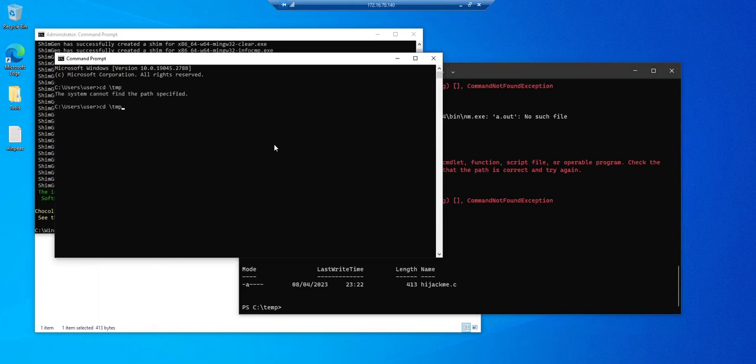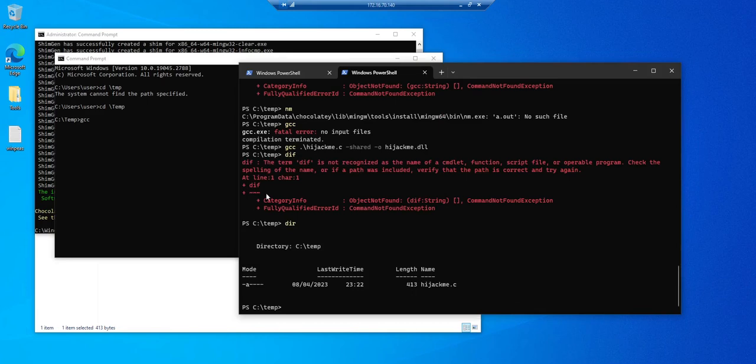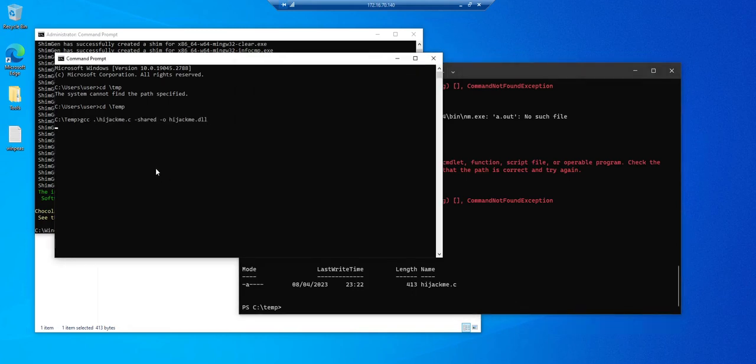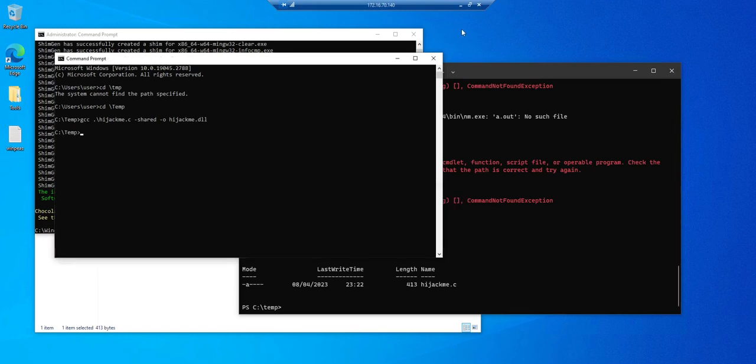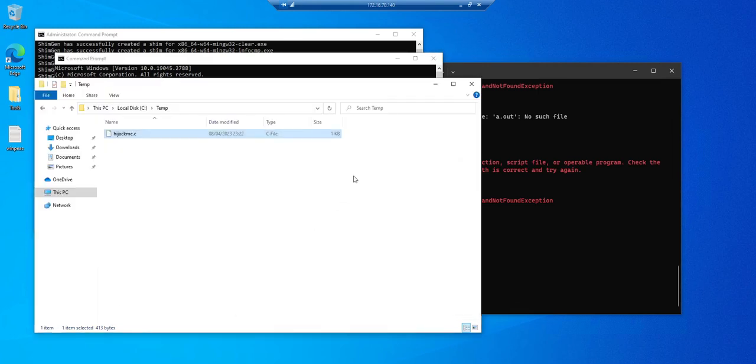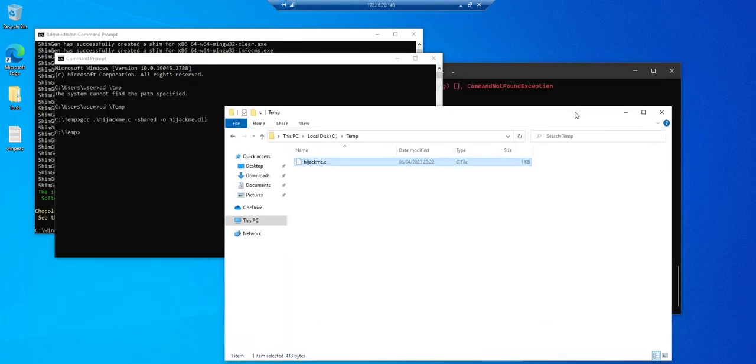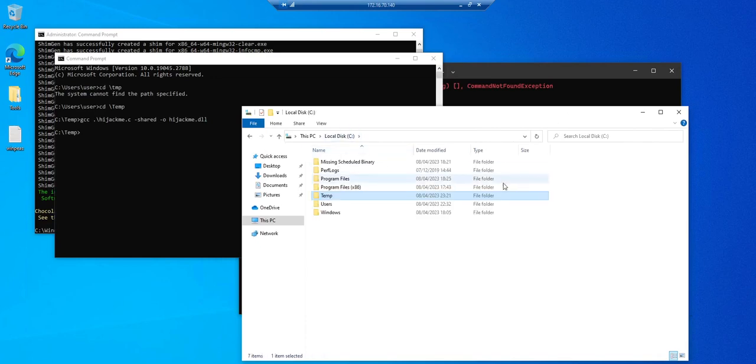Now let's try the same thing in a command prompt. That's why I opened the command prompt, because I knew that we are going to have this problem. And if we run a GCC, same command basically, right? So you can just copy paste this from here. You will get this error, libwinpthread-1.dll, and the way to resolve this is basically go here, and